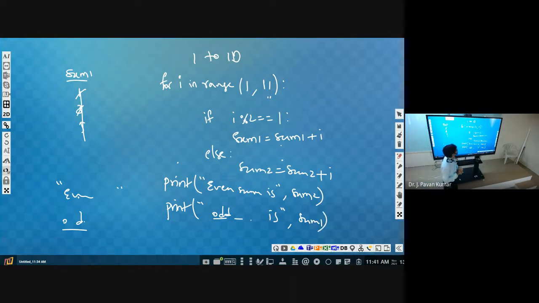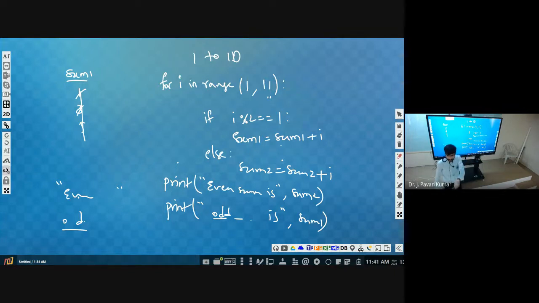Right. Now we have considered numbers from 1 to 10. Instead, you consider now the program is to take 10 numbers, not 1 to 10. 10 numbers you take. Okay, then you do the same thing.